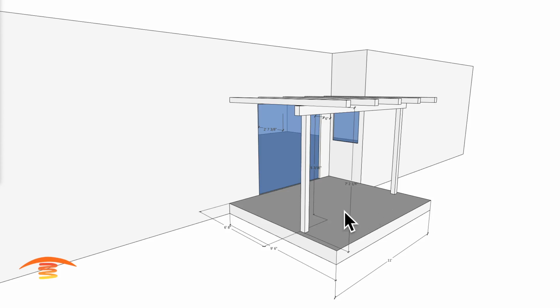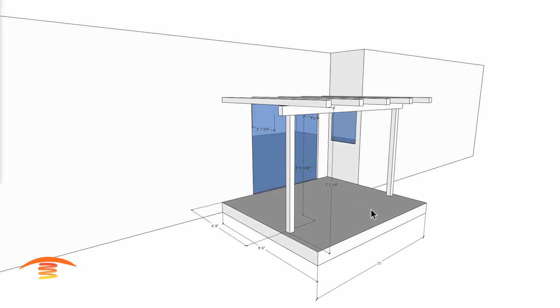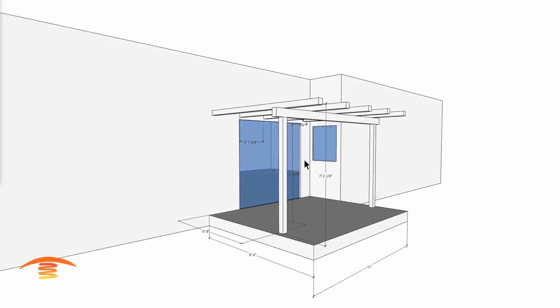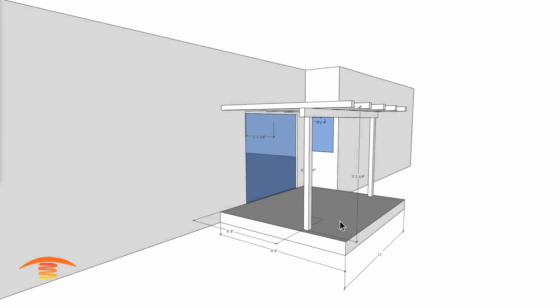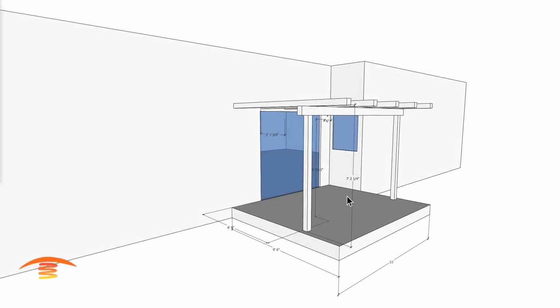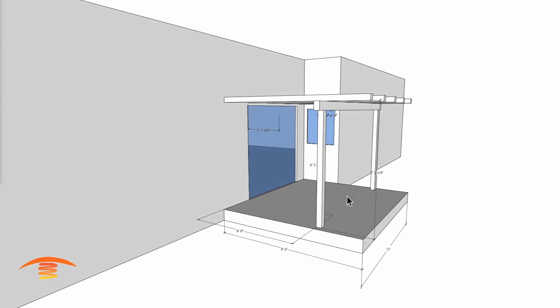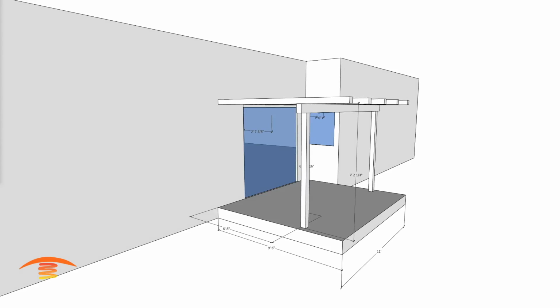And what I'm really looking for is roughly 30,000 BTUs of heat for the space itself. The space here, this pad here, is roughly, let's call it 100 square feet. It's like 108, something of that nature. But if you're looking at about 300 BTUs per square foot, then 30,000 BTUs should be sufficient for this space. Now the height is an issue because you don't want to put too hot of a unit in there, but you could, although you would really need to have a control system on there. So let's just go ahead and look at the